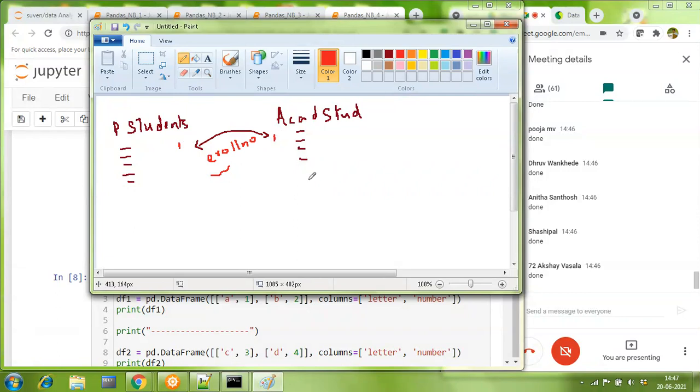So imagine this same situation coming to you in Python. There's a very clear-cut case that in Python you need to have some mechanism to combine or to join these two data frames. This has been loaded in, let's say, data frame df1. This is loaded in data frame, let's say, df2. So you need to have some mechanism to join these two data frames, and that's what we're going to see right now, how we can join two or more data frames.